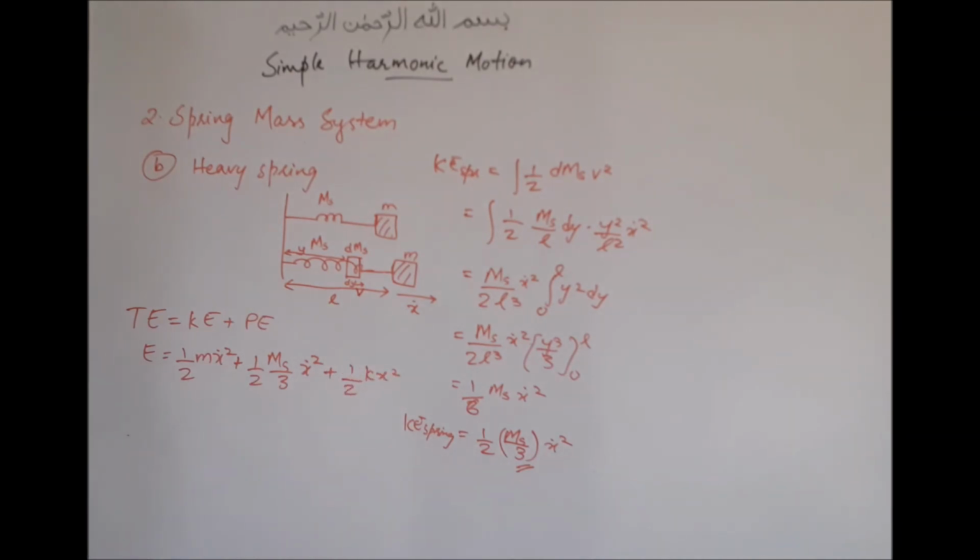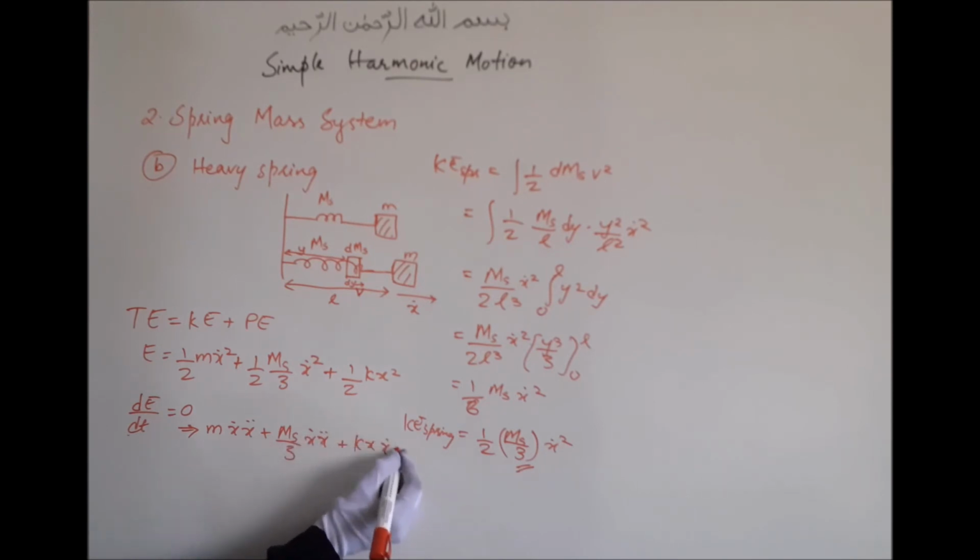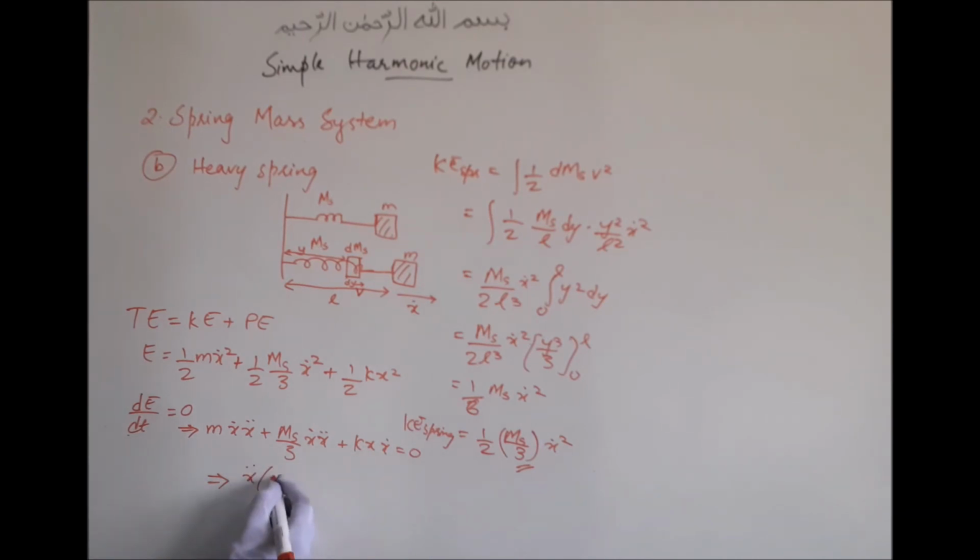If we consider that there is no damping, then we can take energy as constant and take dE by dt equals 0. From this we can get the equation of motion, and that comes out to be m x dot x double dot plus ms by 3 x dot x double dot plus k x x dot is equal to 0. Solve this. x double dot into m plus ms by 3 is equal to minus kx. This is the equation of motion, which is again the motion equation of simple harmonic motion, where omega